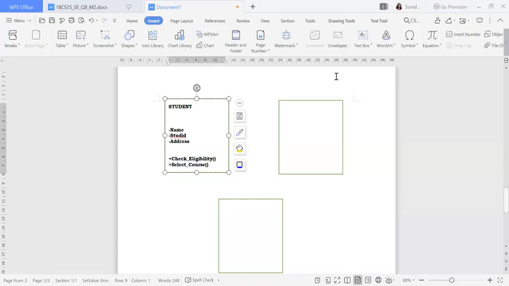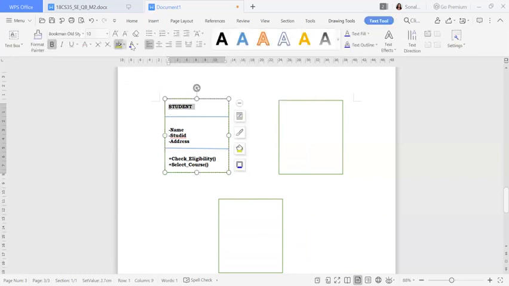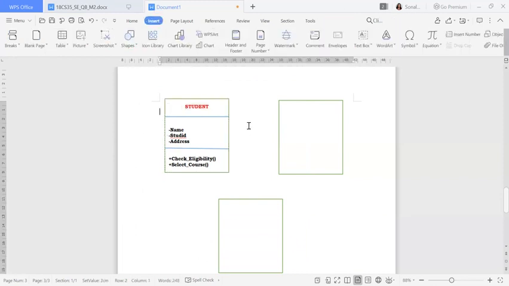We need to give it like this, and I will give one bar so that I can distinguish all these things. I will give one bar here and one more bar over here. So the student class will be distinguished in this way. Now if you want to give some color, just to highlight, I'll give some other color to the name and make it center.